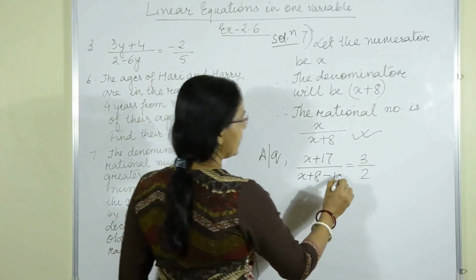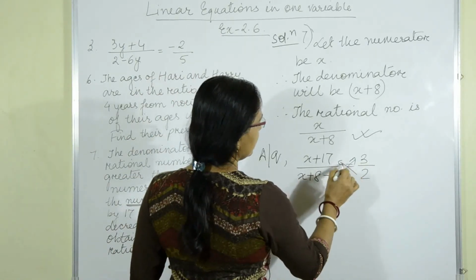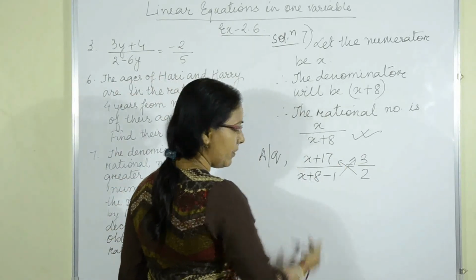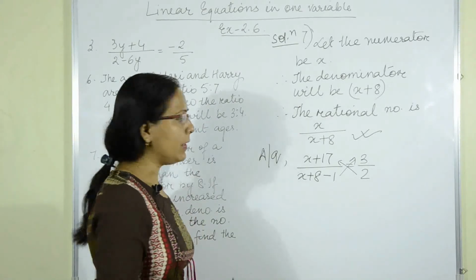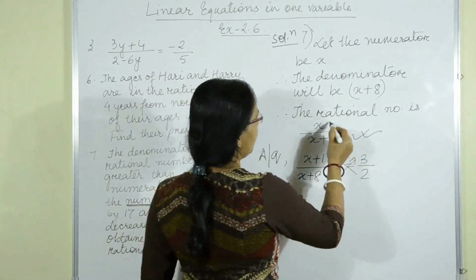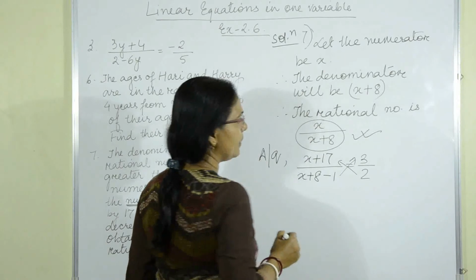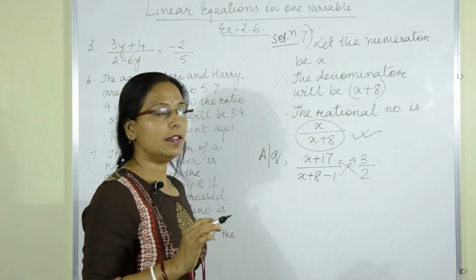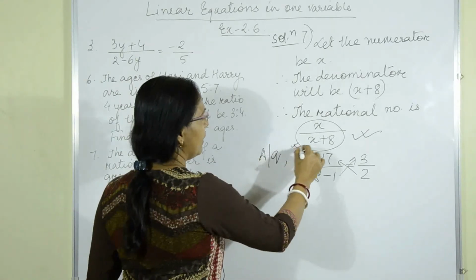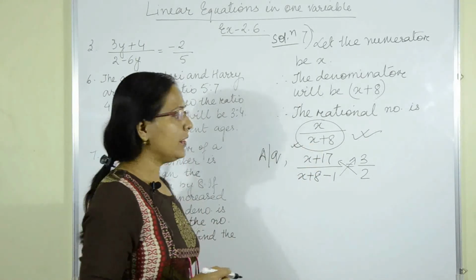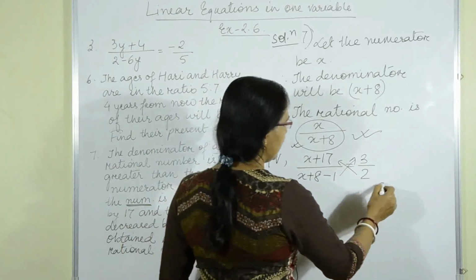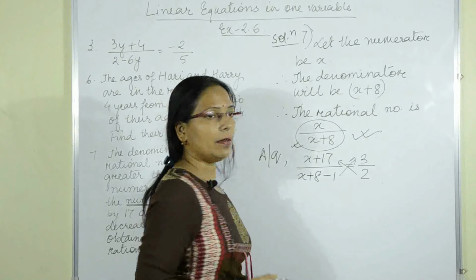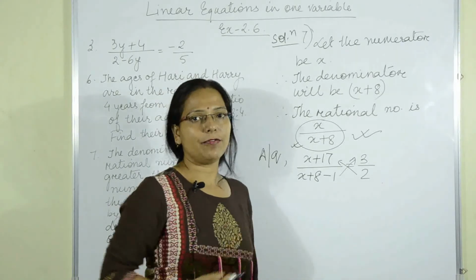You will have to cross multiply again this way. Now, after cross multiplying, you will solve it, solve for x. When you get the value of x, you will have to put that here to get the rational number. They are not asking for x, they are asking the rational number, and that you will have to find out in this way. So, this is for you to be done. Okay. The solution part I am not doing. Find the rational number and you can tally the answer from the book.